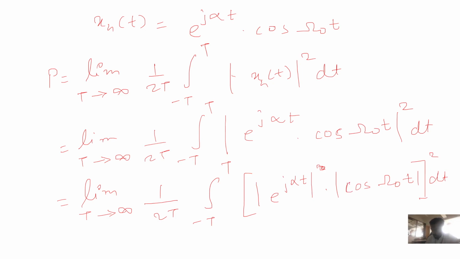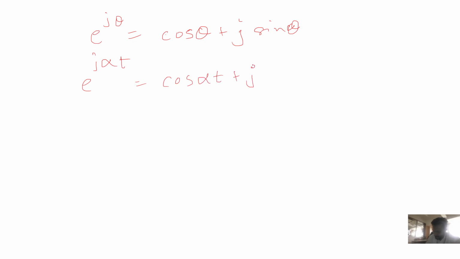Now the interesting thing is that e raised to j theta is cos theta plus j sin theta, and therefore e raised to j alpha t is going to be cos of alpha t plus j sin of alpha t. And if I take the mod of this, sorry,